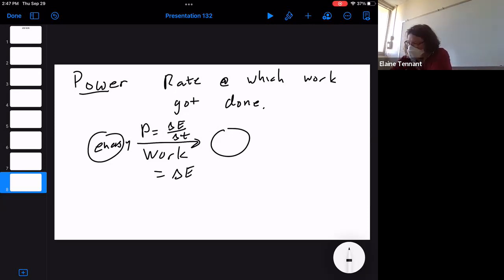How this is going to look math-wise is, so we have power equals change in energy over change in time. You can definitely think about this in terms of a derivative, where that's just change in energy over change in time still. For electrical energy,